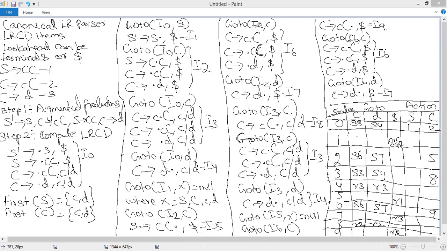Now go to of I2 comma terminal C. So C tends to terminal C dot non-terminal C comma dollar, as it is mentioned here. And after this dot non-terminal C is there, so again you can expand non-terminal C. Non-terminal C tends to dot terminal C non-terminal C comma dollar. How does the dollar come here? Because when you shift this dot one position to the right hand side, the dot will be present here. After this no symbol is there, so whatever symbol is present on the parent production as the look ahead symbol will be mentioned here. Then C tends to dot D comma